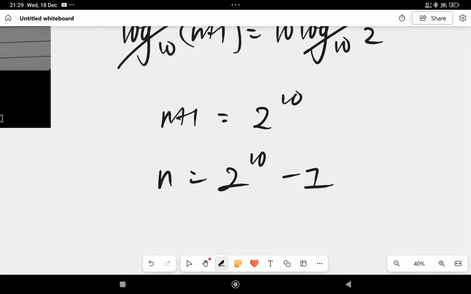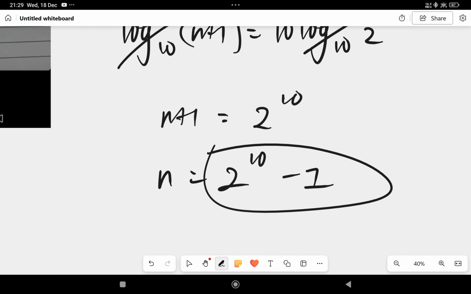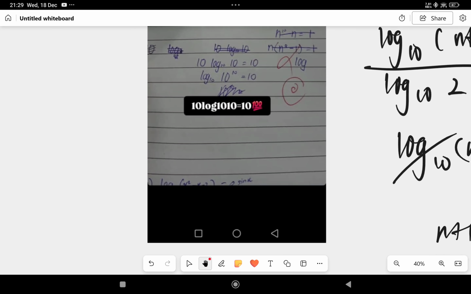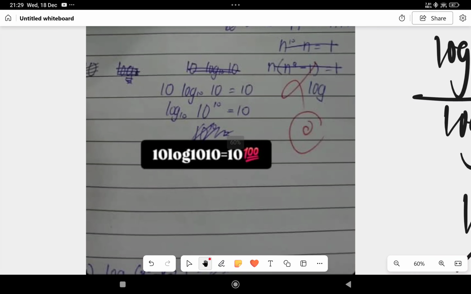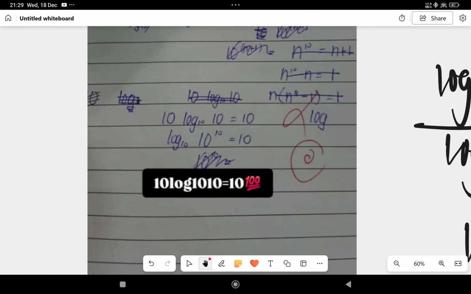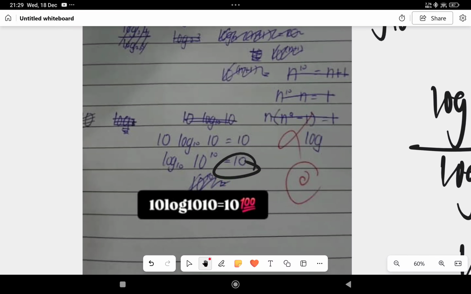So it's a big number, so we actually don't have to express the big number, we just leave it in this form. So this is the correct answer. Well, we take a look. What she does is she just made up her own conclusion, making it like she thinks the answer is 10. So yeah,